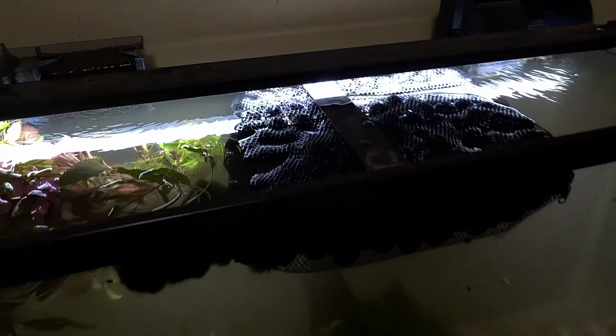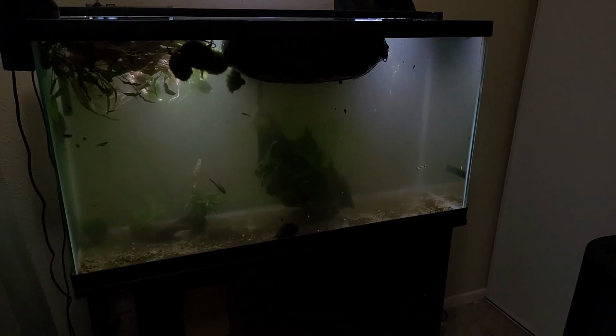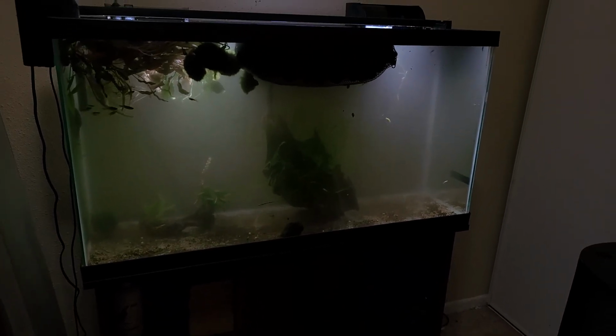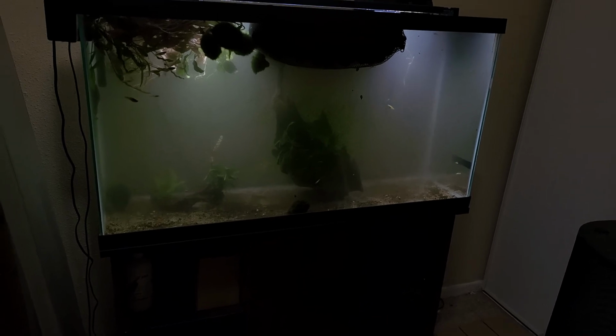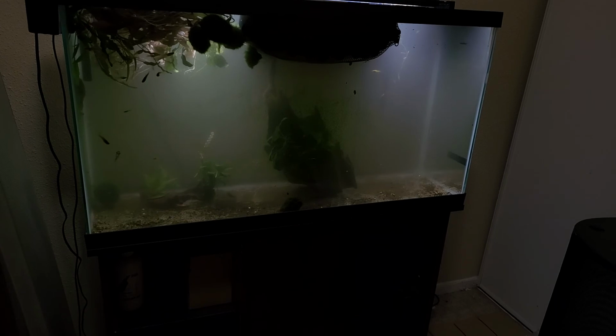So let's turn the light on here. I destroyed this tank, and I've done a few water changes on it and tried to get all the gravel out that I can. I'm gonna take this tank and empty it all the way down, and then move it to the new place, and then I'm gonna put some aqua soil and cap it with sand. Then I'm gonna take